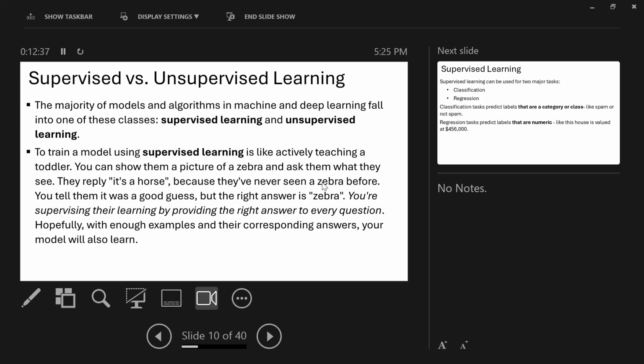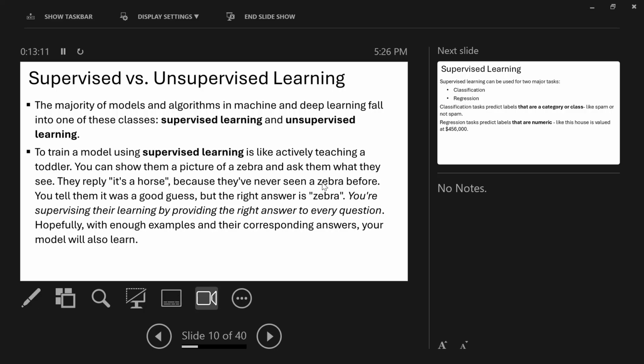So for instance, you can say, okay, this is a fan. You point to the object and say, okay, a fan. This is supervised learning, because you've shown the child the data, like look at it, and you've told the child the answer. So this object is a fan. So when you tell the child the answer, maybe later or the following day, you now point to this, and ask, what is this?